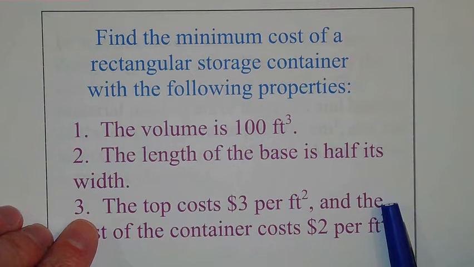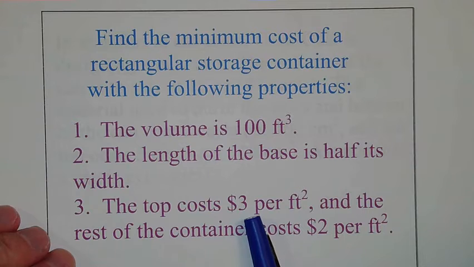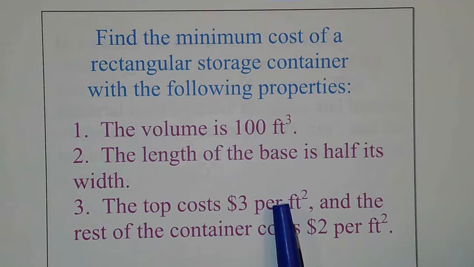Minimizing the surface area will be minimizing the cost. But because the top costs more, we're probably going to end up with a container that's a little bit taller and a little bit more narrow, cutting a little bit of that cost from the top